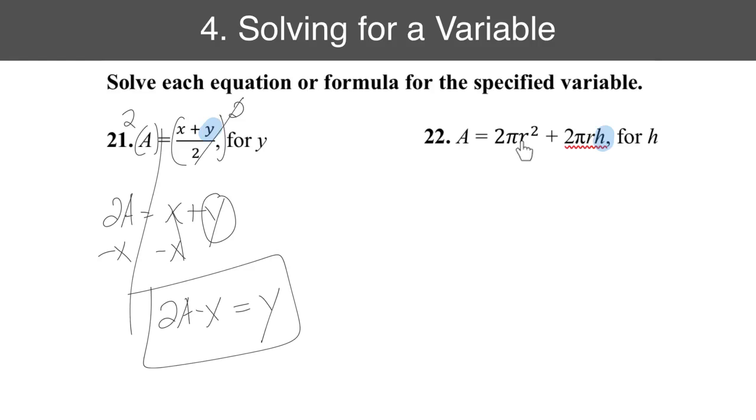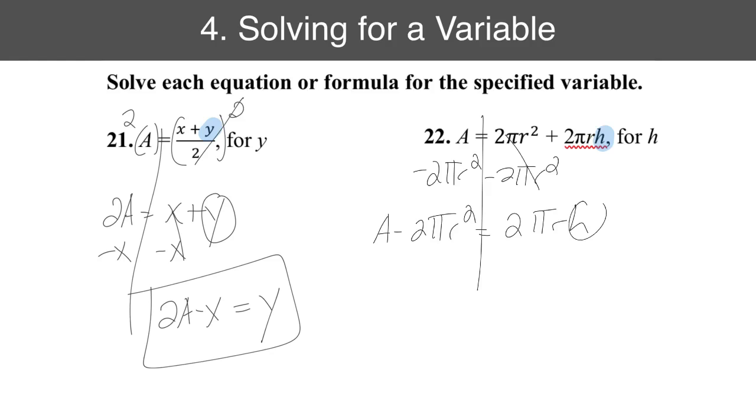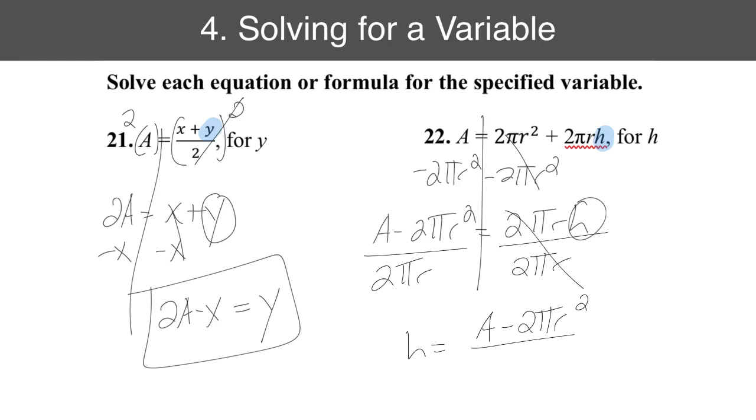We see the 2 pi r squared is all being added, so we can move them all at the same time by subtracting. So minus 2 pi r squared on both sides. What we have is a minus 2 pi r squared equals 2 pi r h. We're still solving for h here. If we take a look at it, we have 2 pi r all being multiplied times the h. Since they're all being multiplied at the same time, I can divide by all of them at the same time. So what you see as our final answer is h equals a minus 2 pi r squared all over 2